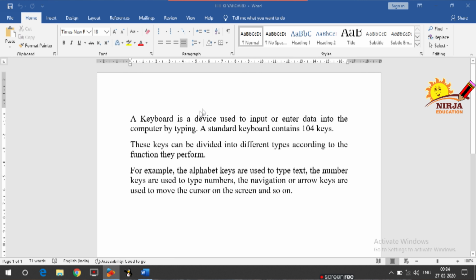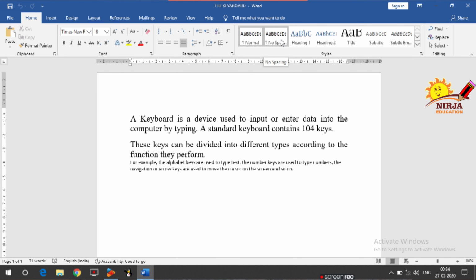As you can see over here, I have already opened the file, the keyboard, which we are using from the first video onwards. Now I am going to place my cursor over here in the first paragraph. As you can see, I have given spaces in between the lines, and these are the three paragraphs, I would say, or three lines.